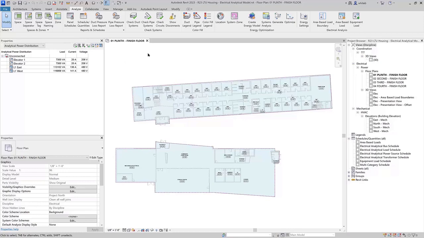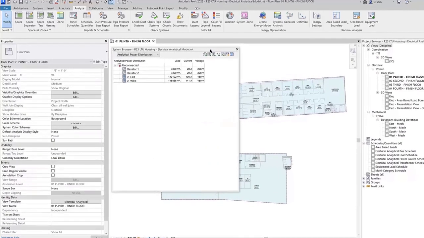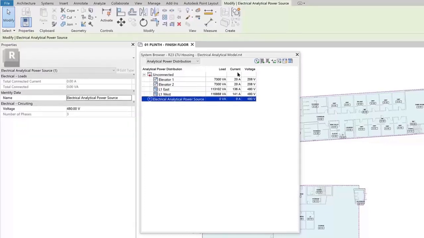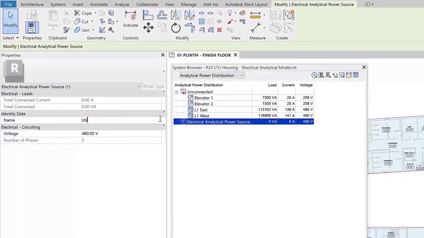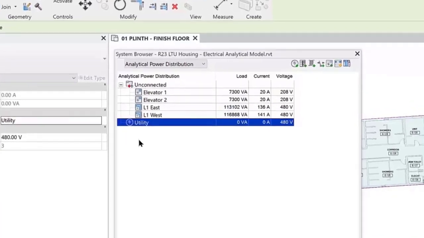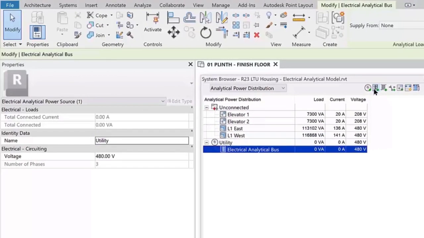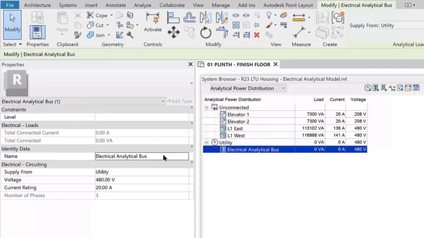Revit electrical analysis for preliminary design allows you to define a conceptual electrical distribution system, enabling you to estimate the load on each component. The system browser has tools for you to conceptually define power sources, buses, transformers, and transfer switches. You can then connect the elements in order to have Revit compute the load on each component up to